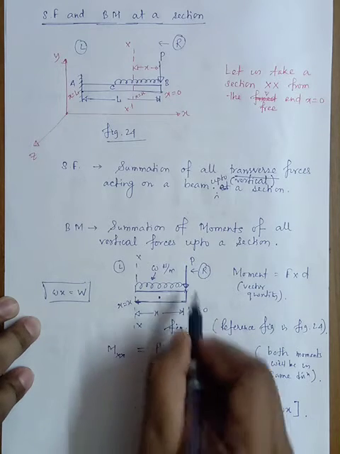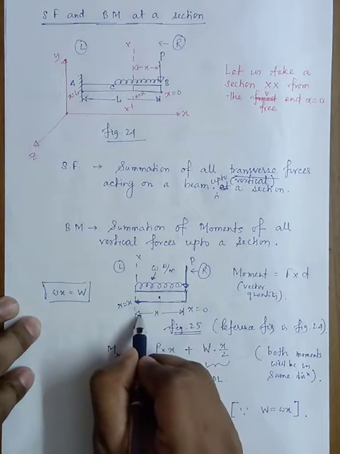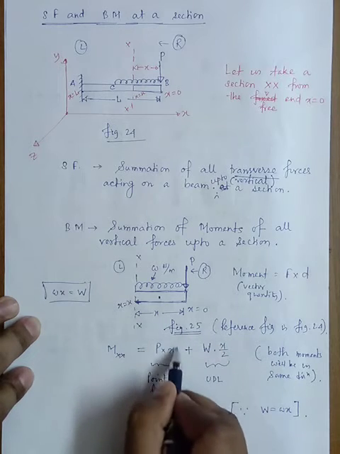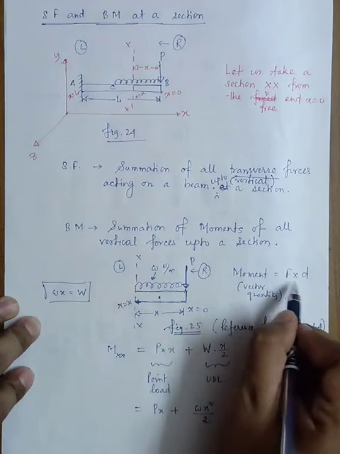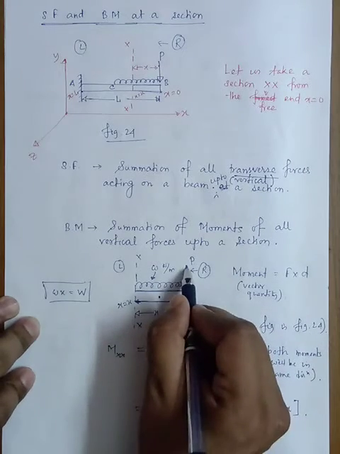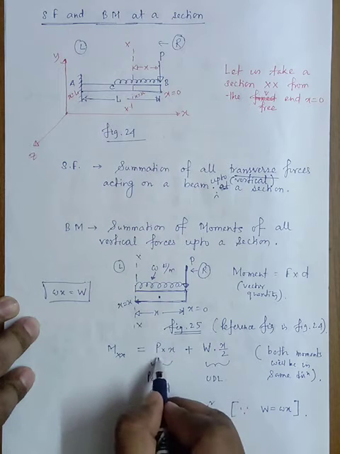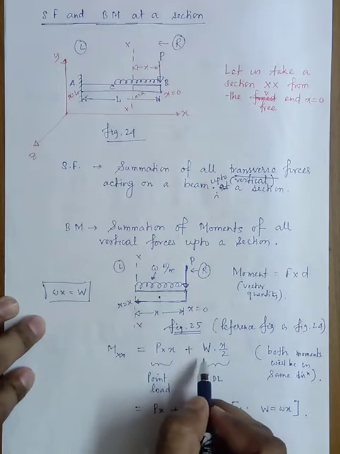What will be the value of moment? So due to this force, the distance will be x. So P into x will be the moment, the bending moment, because moment is force into perpendicular distance. This is the force with respect to this axis, and this is the distance. So P into x is the moment, plus